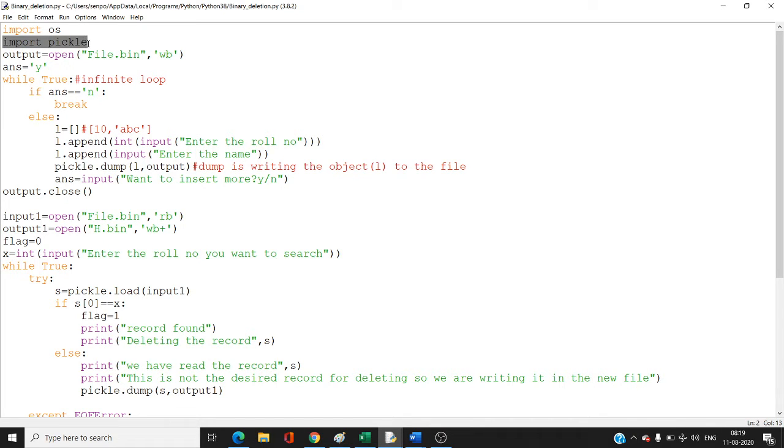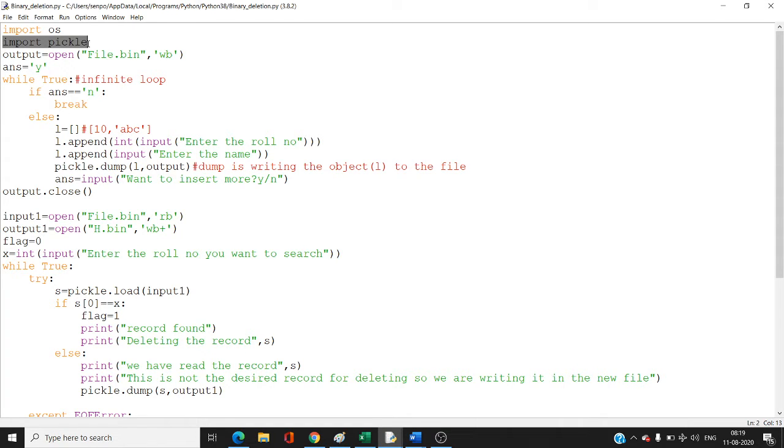So we know why pickle modules are used. Pickle module is used to enable us to write something in a binary file and also to read something from a binary file. So when we are writing to a binary file, we have to convert the object that we want to write into the byte form, and also when we are reading from binary file, we read in byte form, which needs to be converted into the human readable format.